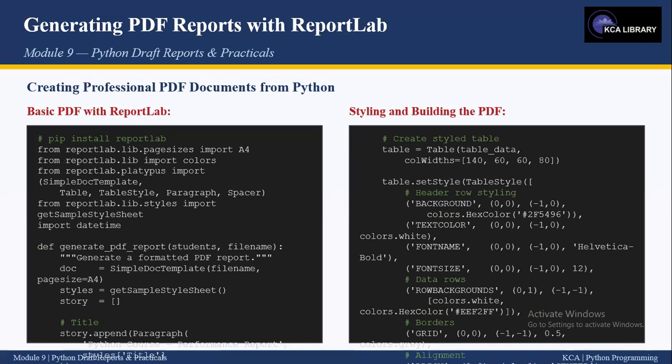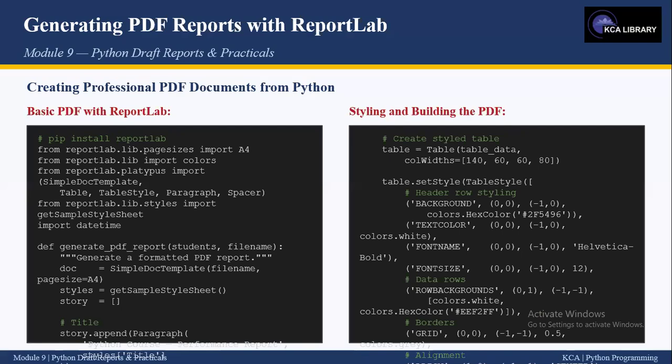Content elements such as paragraphs, spaces, and tables are added to a list called story, which is then built into a PDF by the simple templates. The function below generates a complete student performance PDF. It begins with a title and date, then builds a table from student data including computed grades and pass/fail